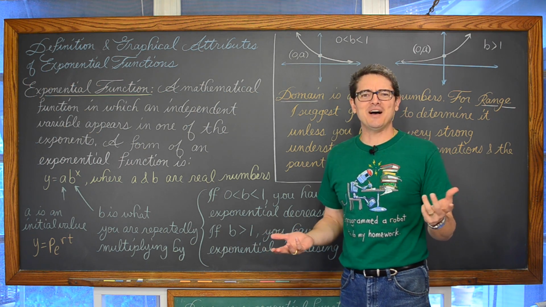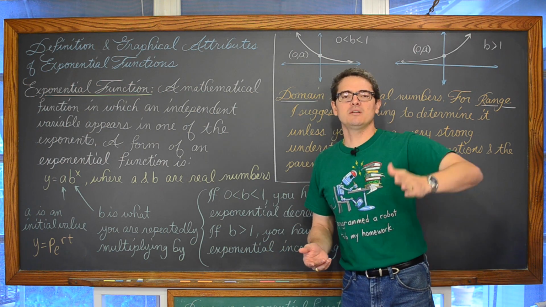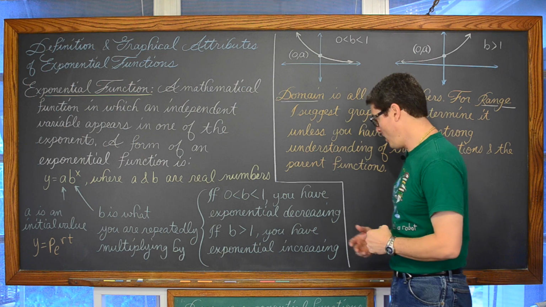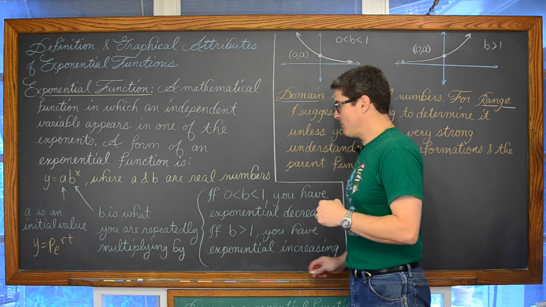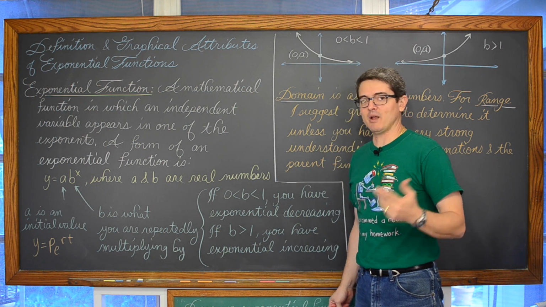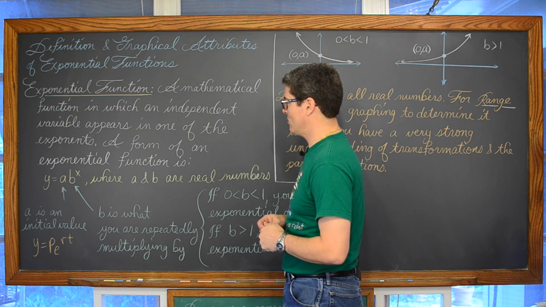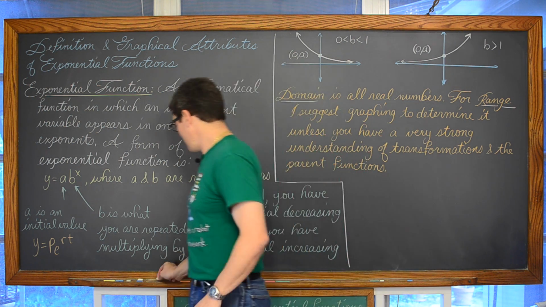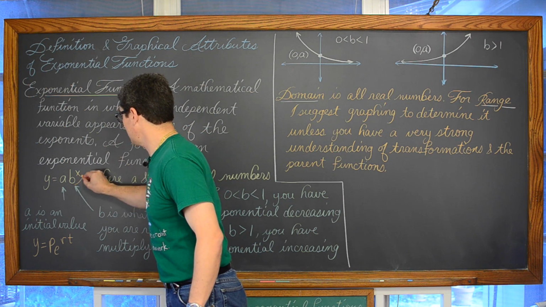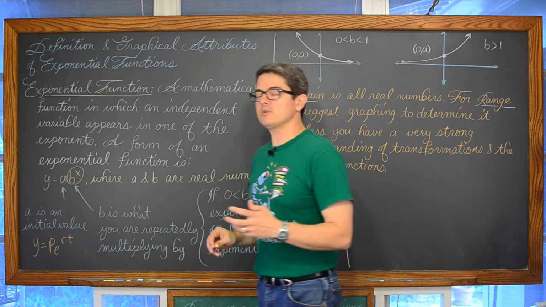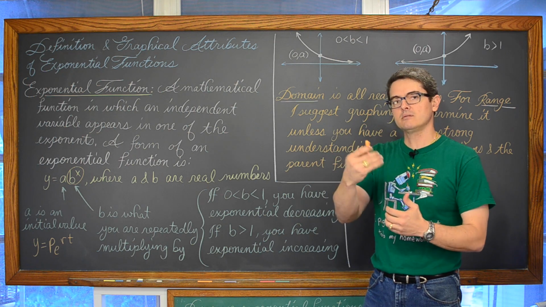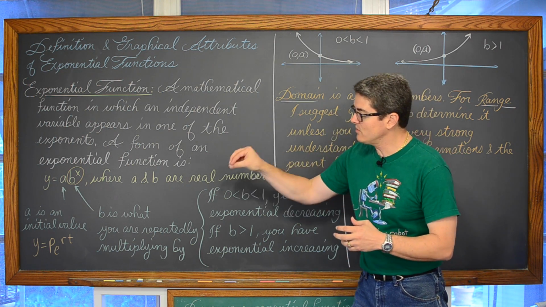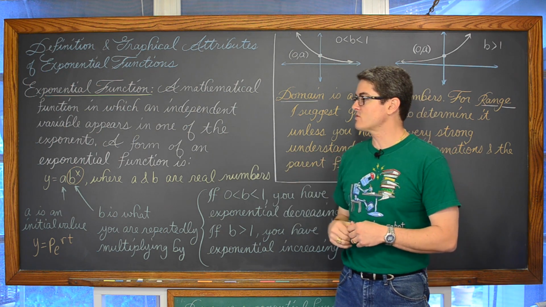5 times 1 is 5, and 5 times 1 times 1 times 1 times 1, I don't care how many times I say that, it's still going to be 1, because 1 is the multiplicative identity. Basically, when you multiply by 1, you don't change the value of the number you're multiplying the 1 to. And let's not forget that exponents only work on the base on which they're stacked.